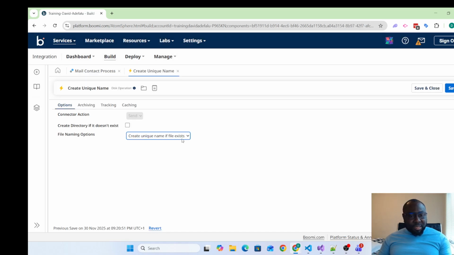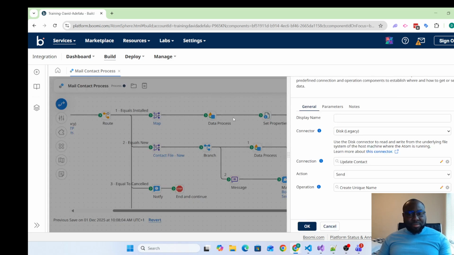This seems to basically create a unique name. So you don't want to overwrite it, and this doesn't append or throw an error. So this basically will create a unique name for the file and just write it over. So we are going to call this create file with unique